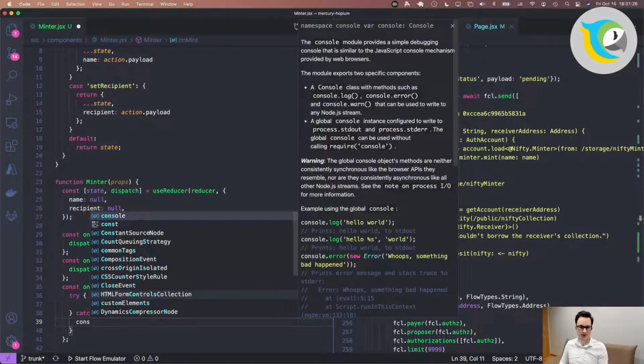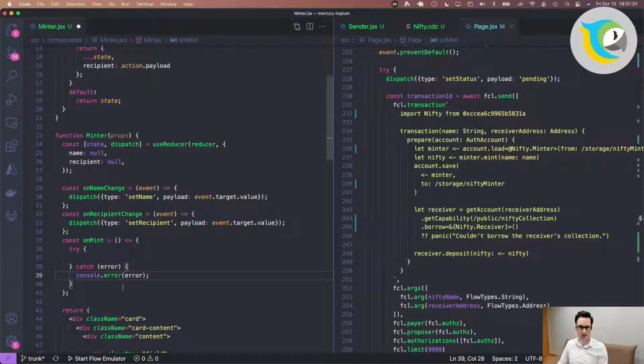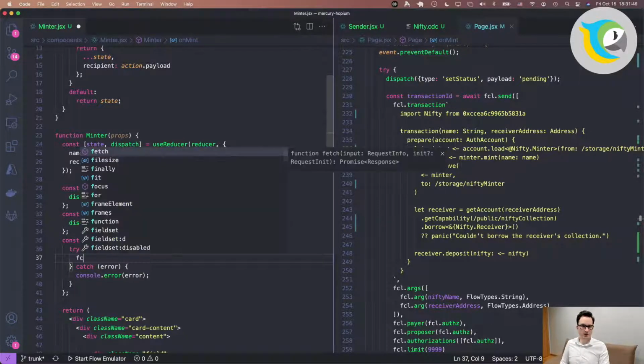So you want to have a try-catch block to just not crash your whole app and still see what went wrong. So we're going to print out the error if it does break, and then we're going to continue if it does not.